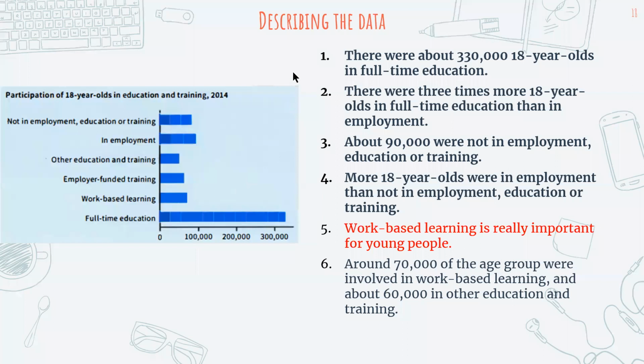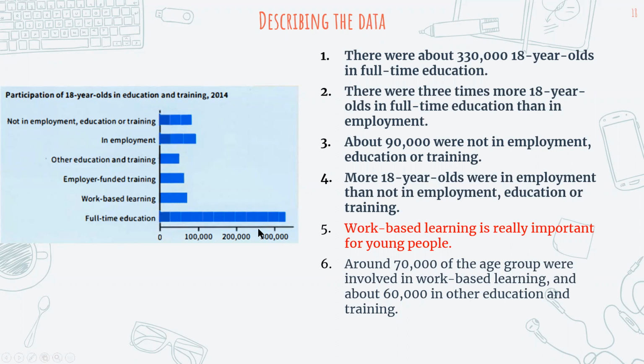Okay, describing the data. I want you to look at this bar chart. Okay, and I want you to think about the key features. The title says participation of 18-year-olds in education and training in 2014. So this is the data. This is the title. You have the